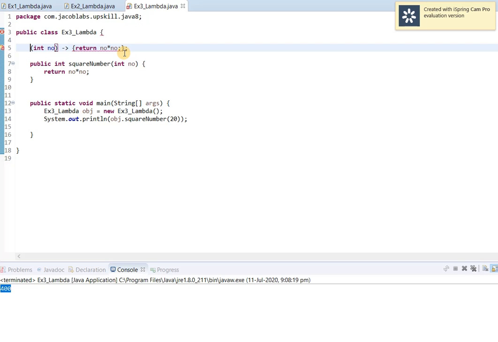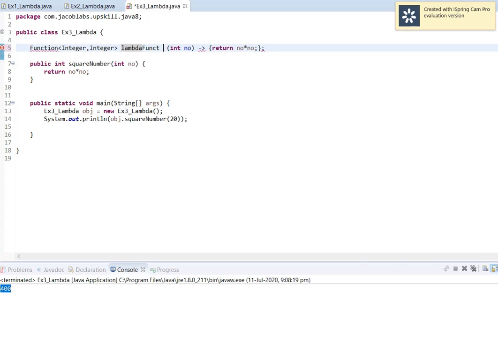But for the moment, please bear with me. So I will use a predefined functional interface, which is Function, and it takes type Integer and returns type Integer, and I say lambda